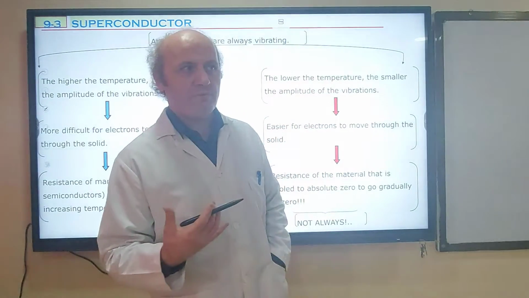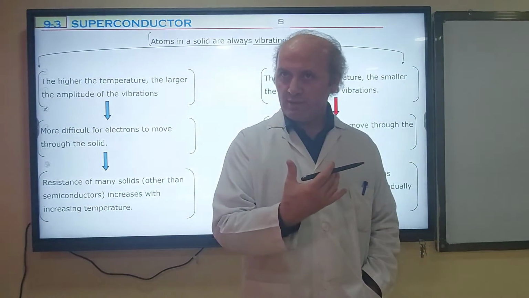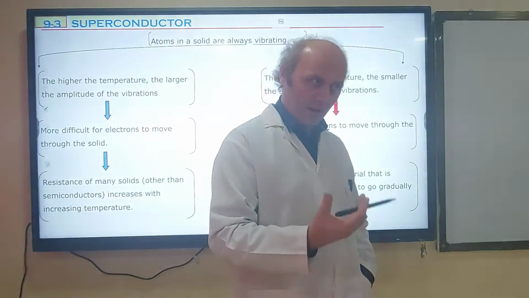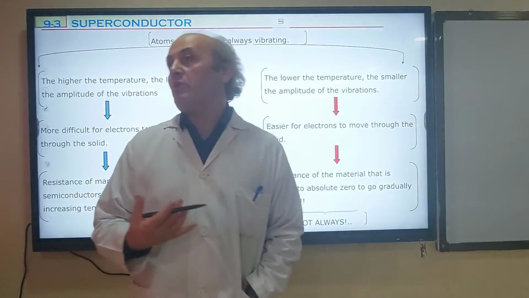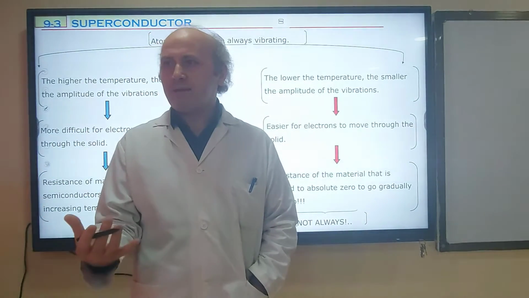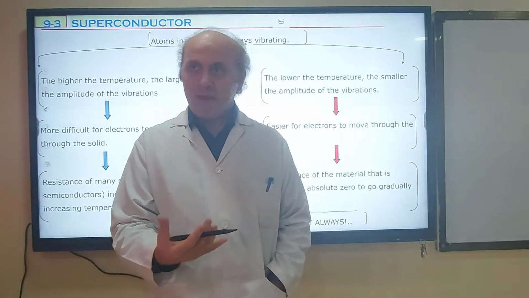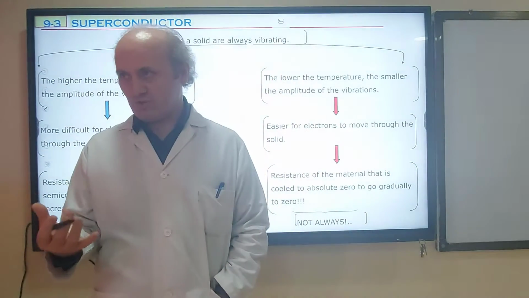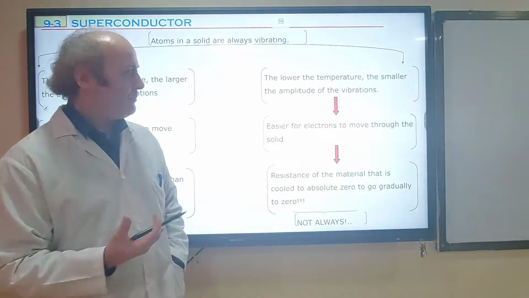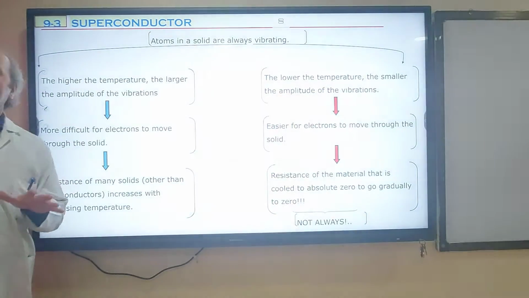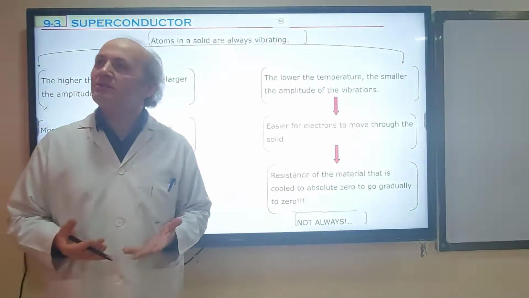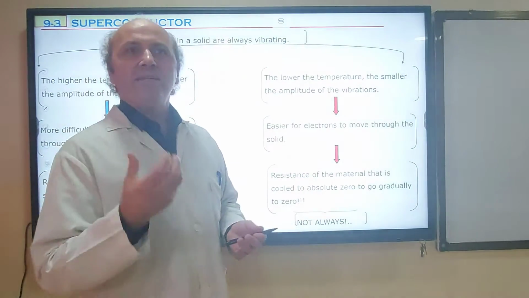While the electrons are moving through a solid, electrons are colliding with atoms and losing their energy. Because of that, every solid has a resistance. But this resistance of a solid can change by temperature. How? When you heat a solid, say that it's copper, when you heat the solid, atoms of the solid